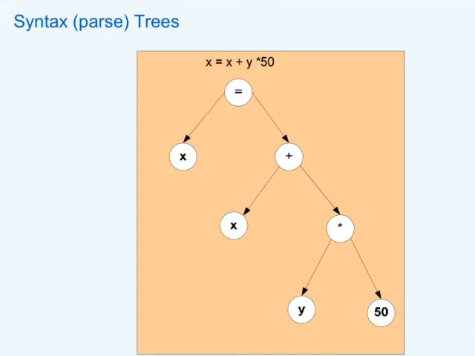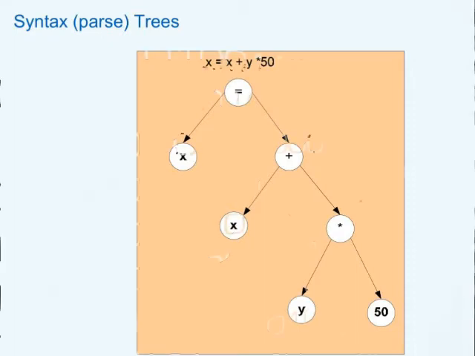Let's say we have the statement x is equal to x plus 5 into 50. In this particular statement, the second phase has converted it into the parse tree form, which says that first the operation 5 into 50 should be done, the output of that should be added with x, and the output of that will be assigned to x. This way the entire statement is converted into the parse tree form, which breaks it into small steps to be performed to make a complete statement.